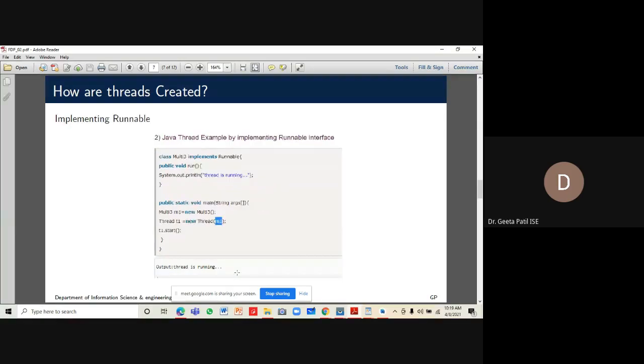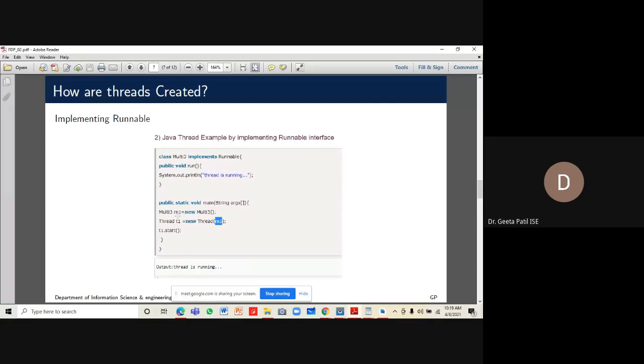The second is by using the implements method. In this case, we have the class multi which implements runnable, meaning it is going to give the definition of the run function. So you have public void run, and we are defining the run method here. Then in public static void main, we have created an object of the multi3 class. So M1 is an object of the multi3 class. Now make a note here that we cannot use M1.start.